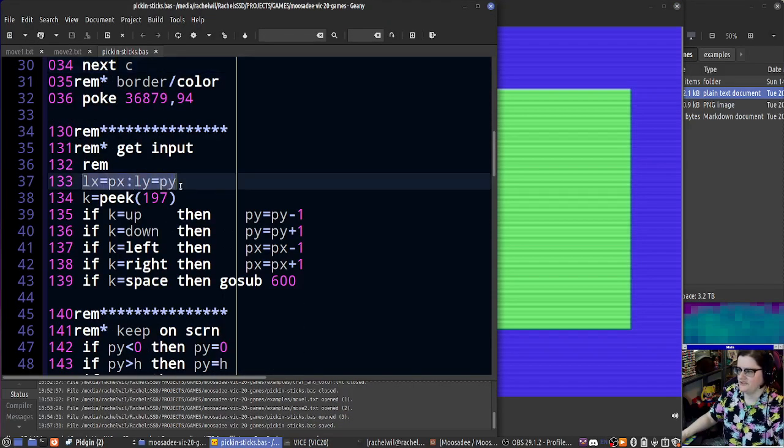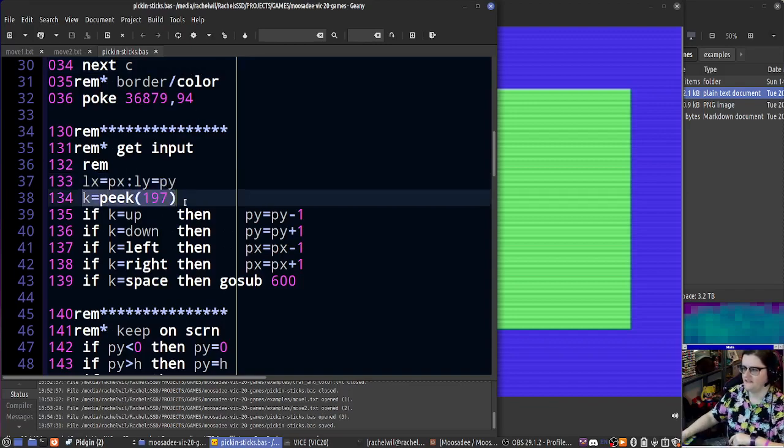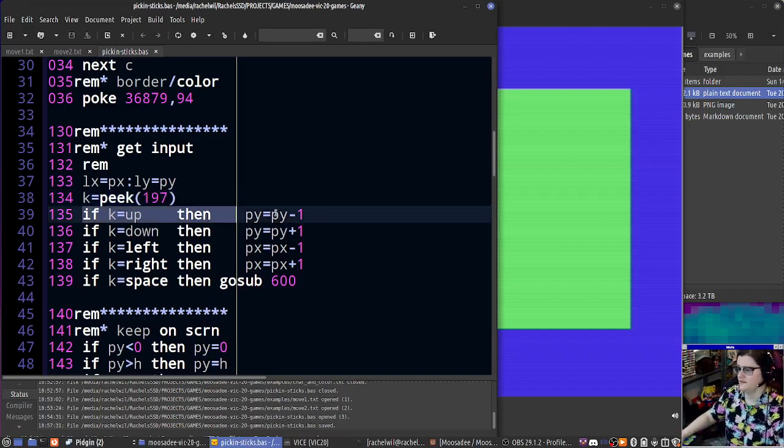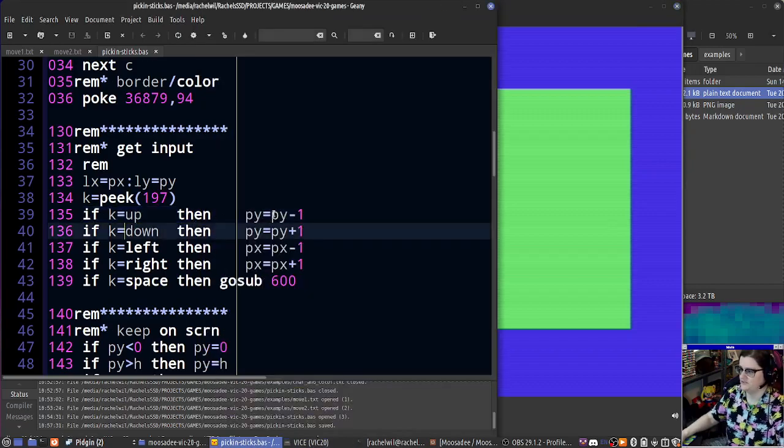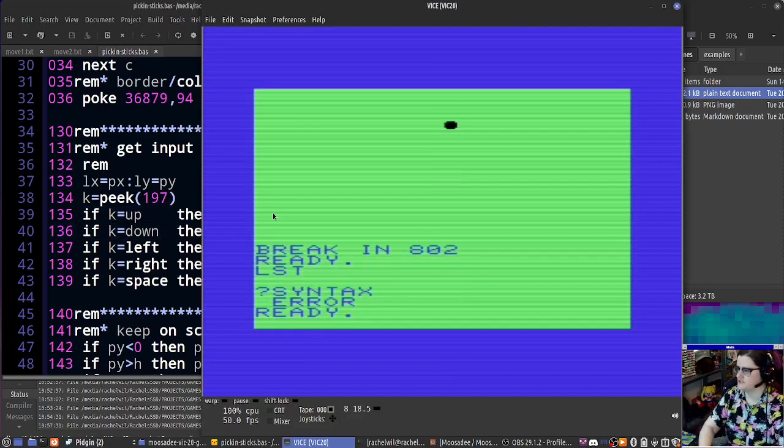Getting input, so we store what the last position was. We peek at the memory address of where the last key pressed was. So that's at 197. Then we check if the key was up, then we subtract from the Y position. And actually I want to show you,